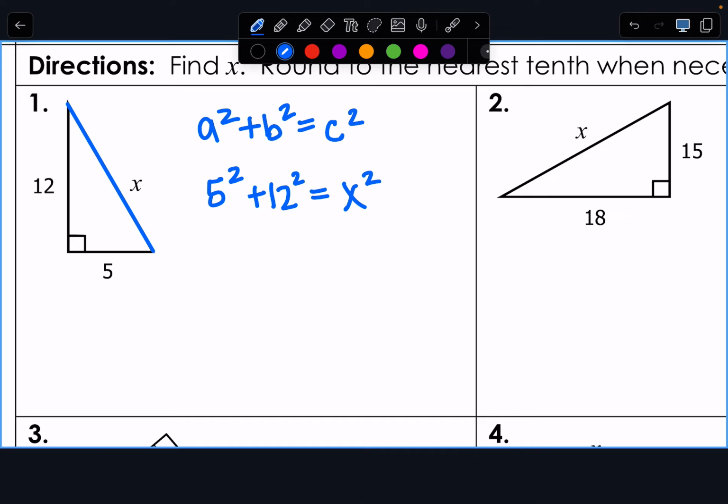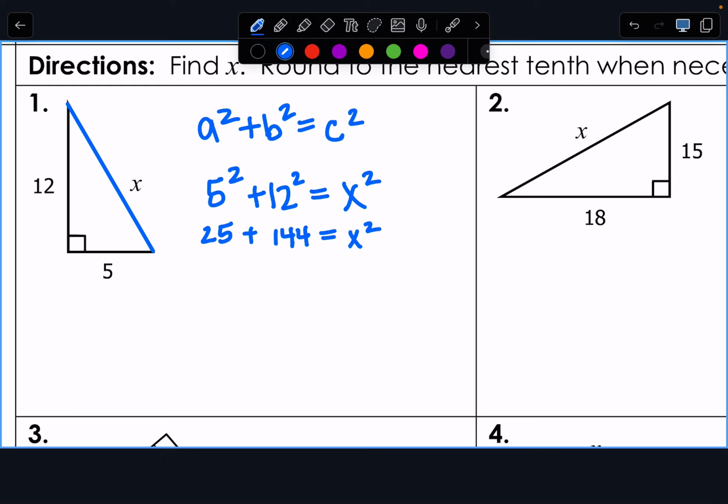Okay. Now, this is what you need to do for me. You need to figure out 5 squared plus 12 squared. So you can do that individually, where you take 5 squared is 25, 12 squared is 144, and then add them together. Or you could, in your calculator,